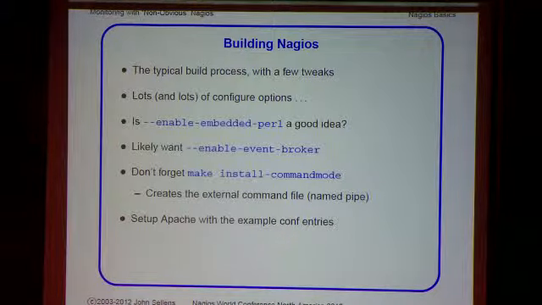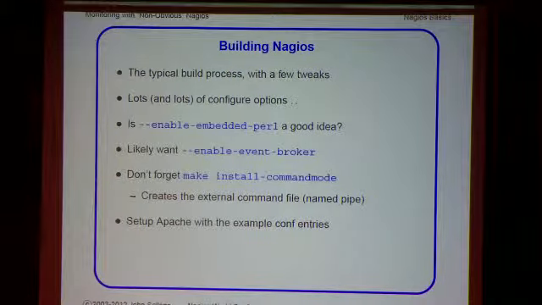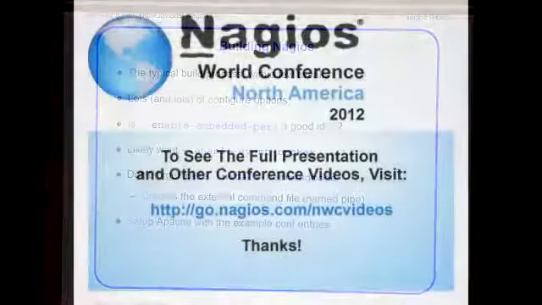And the other thing you want to do is enable Event Broker. That enables the Event Broker interface, of course, so you can do things like NDO utils and, oh, what's the other thing I'm thinking of that's really cool? There's an overview interface called Thruk. So there's Nagios Fusion, which gives you an interface looking at multiple different Nagios instances. Thruk is another tool along those same lines, and it uses, I forget what it is, I think it's in the notes later on. But basically there's an Event Broker interface, a plugin that gets run on your Nagios servers on the remote side, and Thruk gets that information out of those remote